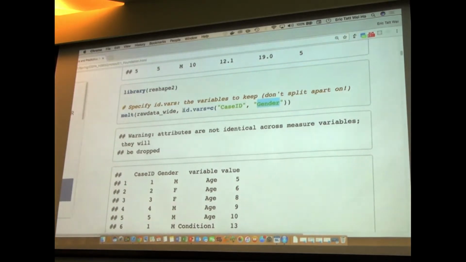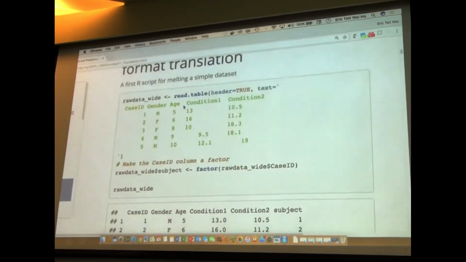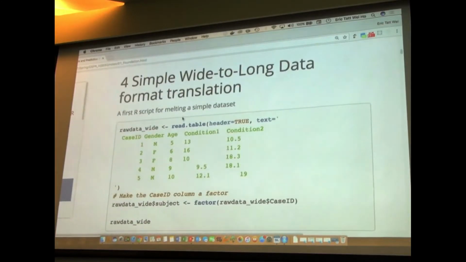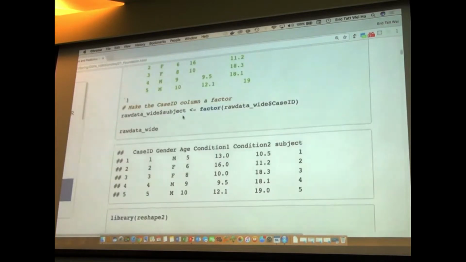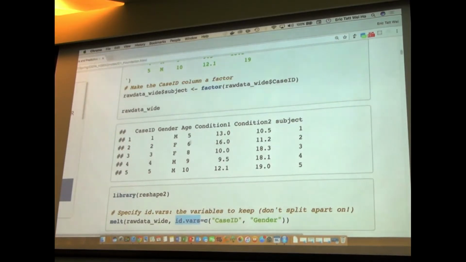So these are going to be the ID variables, and everything else, okay, case ID and gender we're going to preserve. So case ID and gender. The other variables, age, condition 1, condition 2, and subject, are going to be expanded from the wide format down